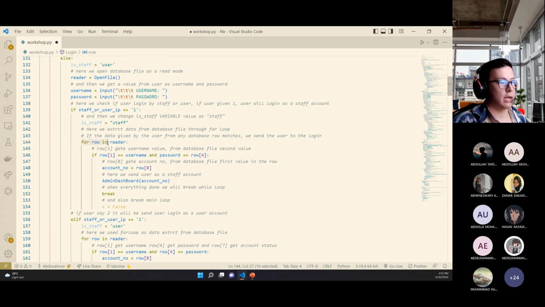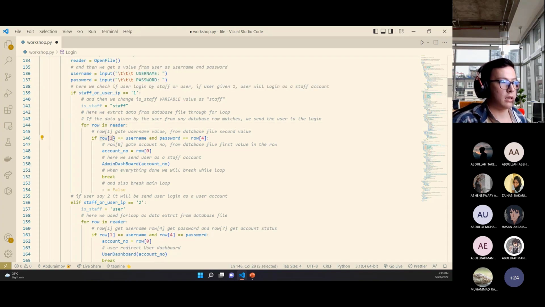For row in reader, reader is the file, I mean, a list, because open file returns a list. As you can see, it is showing that it returns a list. And here we are iterating through that list row by row, and row index 1 is the username, and row index 4 is the